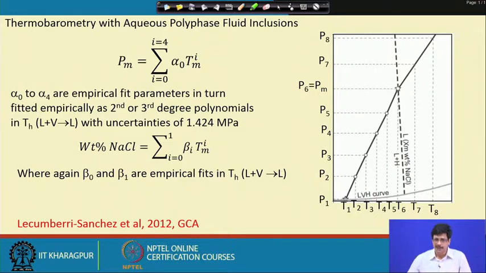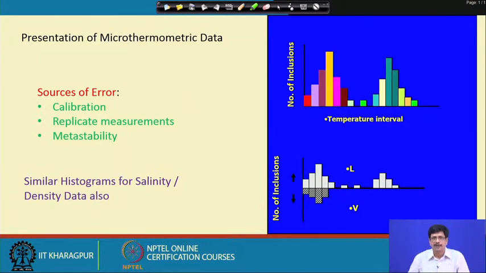So that brings us to the conclusion: what are the possible microthermometric parameters, or microthermometric data, that could be acquired on the aqueous inclusions? We will review it, but before that, coming to the concluding part, how could we use it, or how could we represent the data,